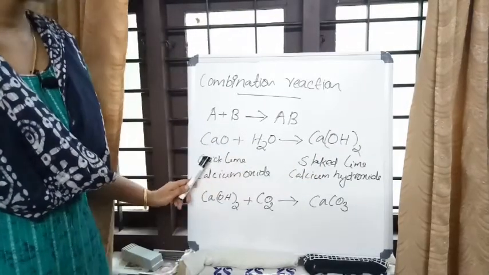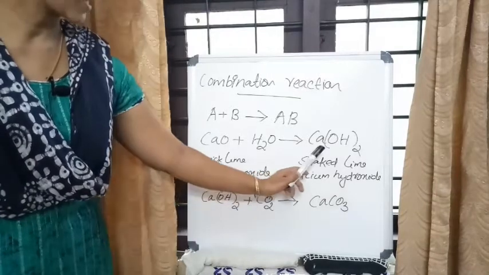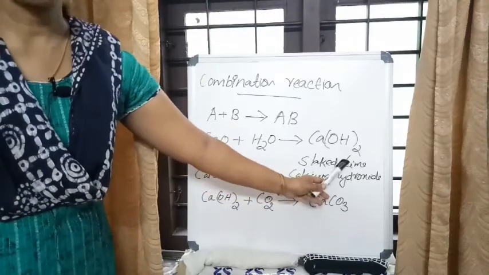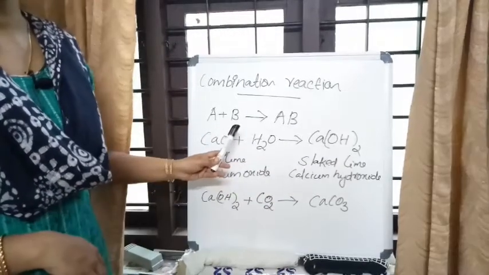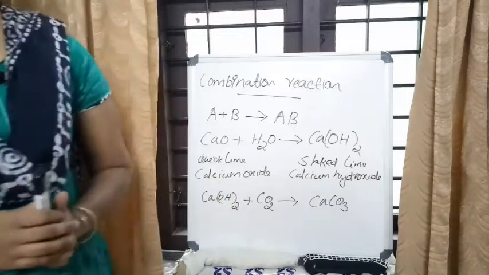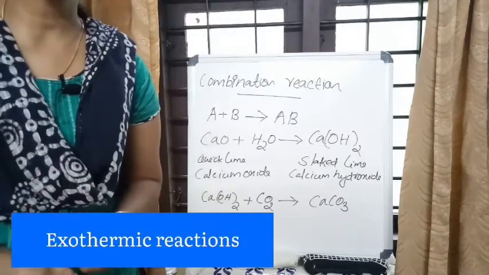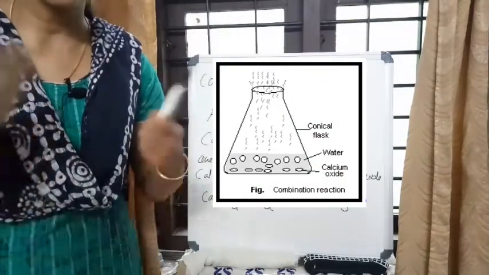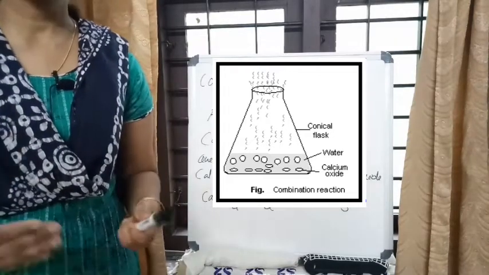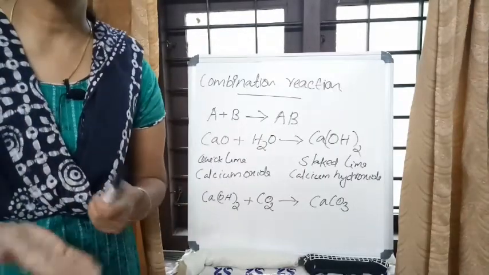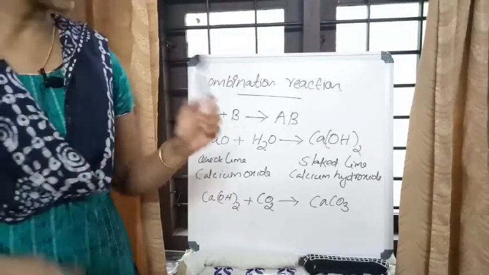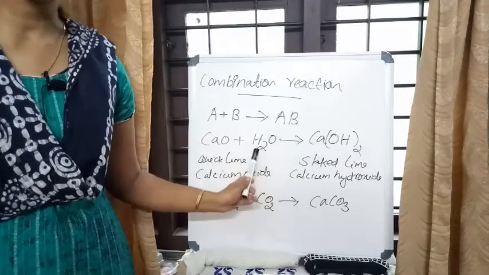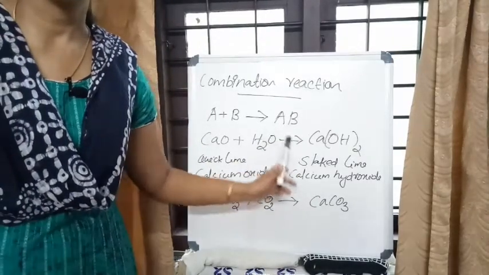As you know, quicklime is the general name of calcium oxide, and the general name of calcium hydroxide is slaked lime. And there is another very important point related to the combination reaction. Combination reactions are exothermic reactions. What does exothermic reaction mean? Exo means exit, giving out. There are some reactions which release heat energy outside. Such reactions are known as exothermic reactions. So combination reactions are an example of exothermic reactions because these reactions are releasing or liberating heat energy outside.